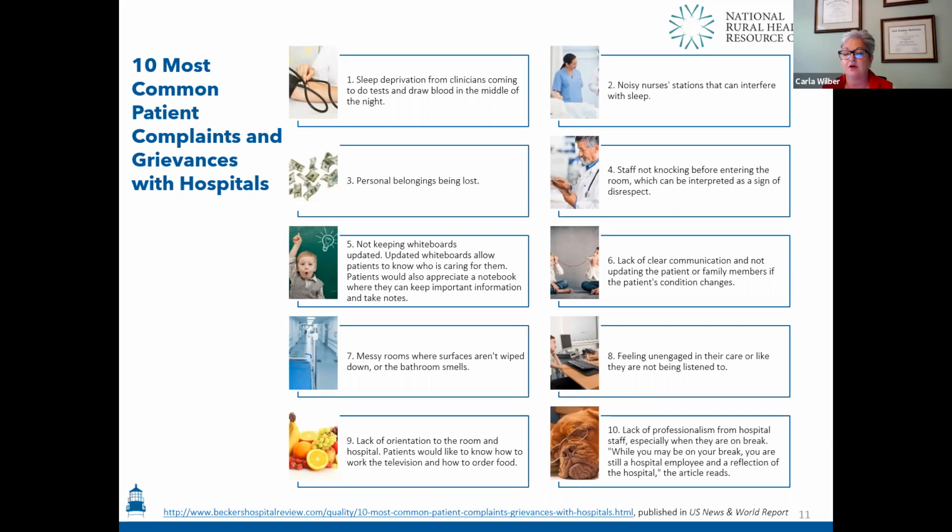All of our patients, and family members, are supposed to be involved in their plan of care. So anytime that changes, there should be involvement. Continual involvement would make sure that they have the communication they need about any changes that are being made. Messy rooms. On HCAHPS, we have the scoring that has to do with cleanliness. So anytime that anyone is in the room, we need to give it a cursory look and make sure that there's not something that we could clean up while we're there. Feeling unengaged in their care. Again, if they are part of their plan of care and always involved in any changes, then they shouldn't feel